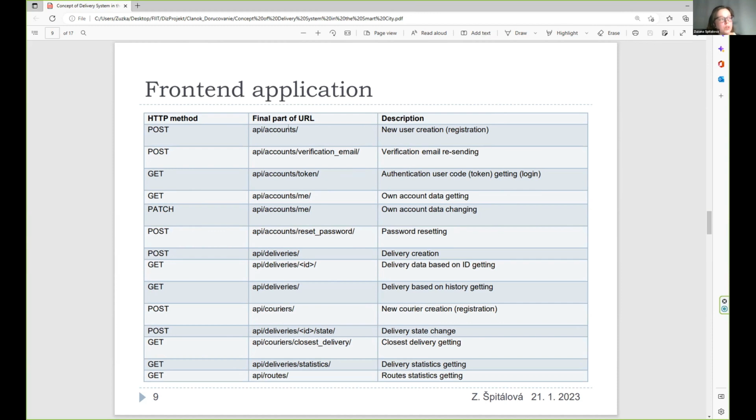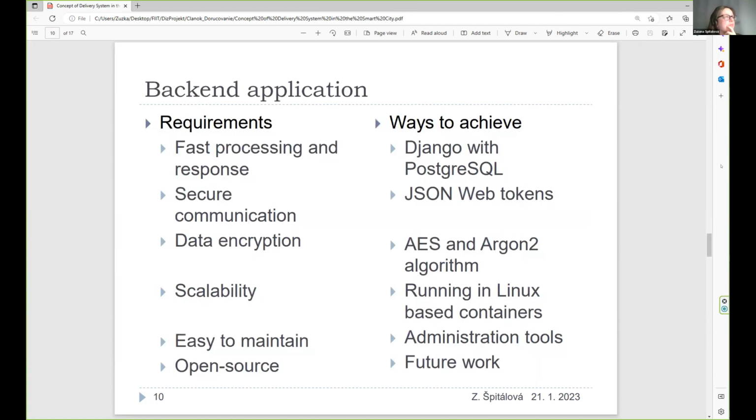This is used according to the item which I need in this communication with the server part. Yeah, so this was just about the front-end application of our system.